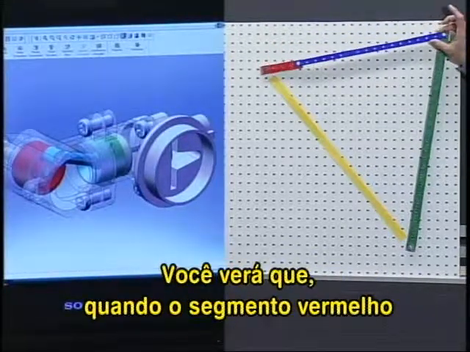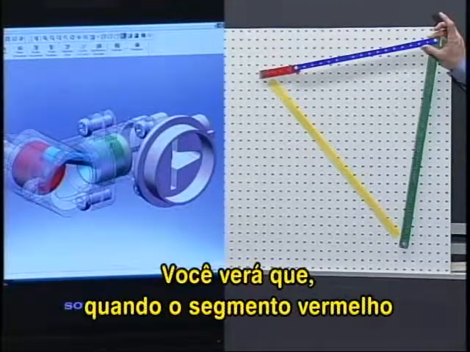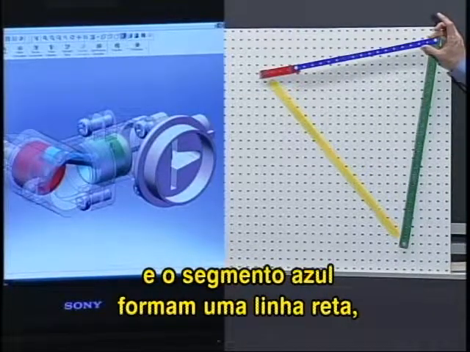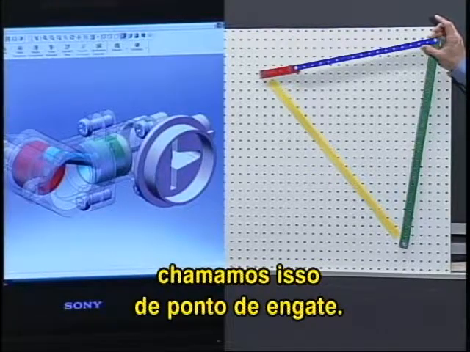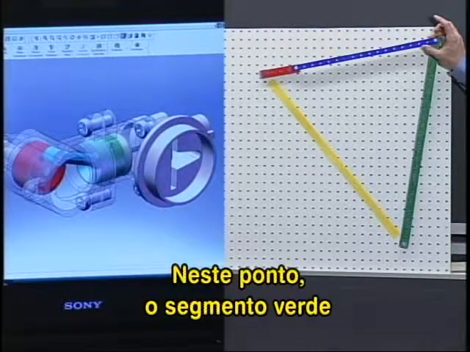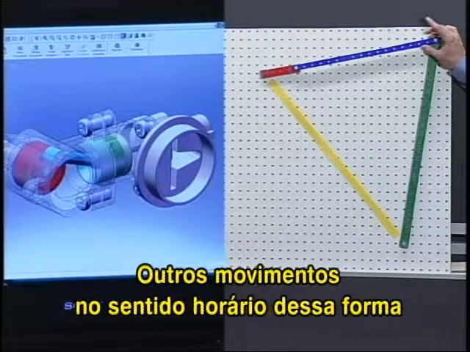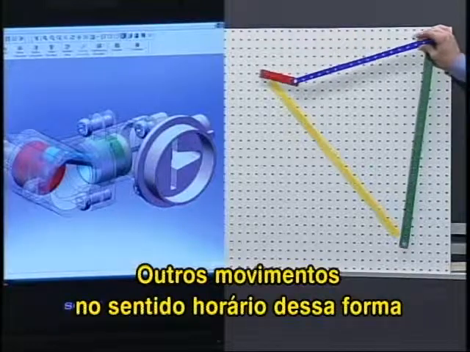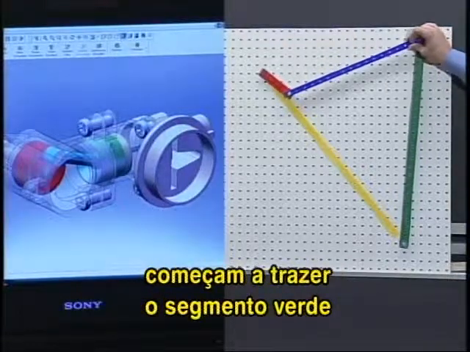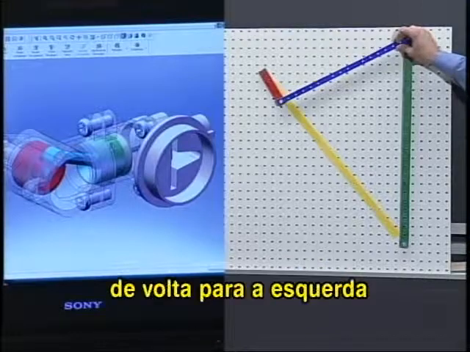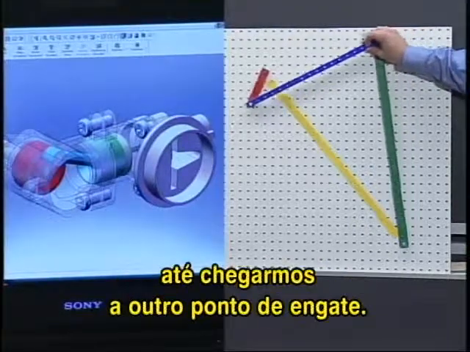You'll see that when the red link and the blue link are forming a straight line, we call that a toggle point. And at this point, the green link has moved as far to the right as it ever can. Further motions, clockwise, in this manner, begin to bring the green link back toward the left until we reach yet